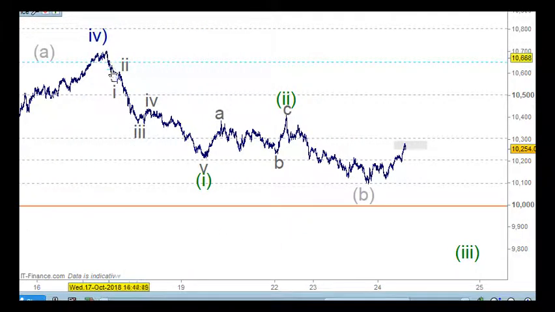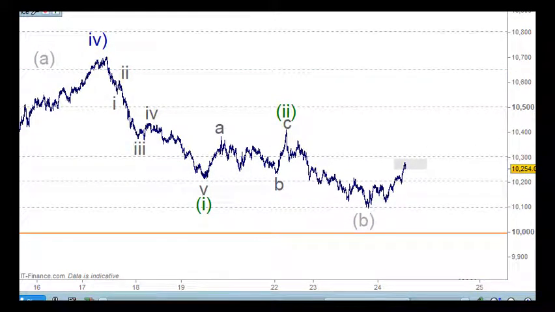So in here I can count 1 and 2 and 3 and 4 and 5 to here, so that's why I've got wave 1 and an A and a B and a C for wave 2 here, and this is probably 5 waves down here at first glance. So if I see 10,300 as support here, then we've got a bit of a problem here. The problem would be that maybe I've miscounted, but I've gone over everything in here, so I don't see where I've gone wrong here